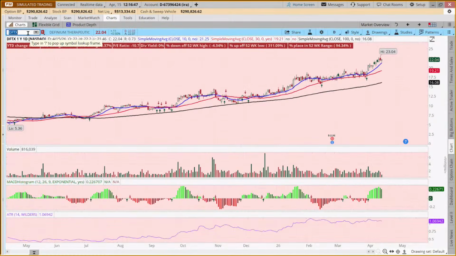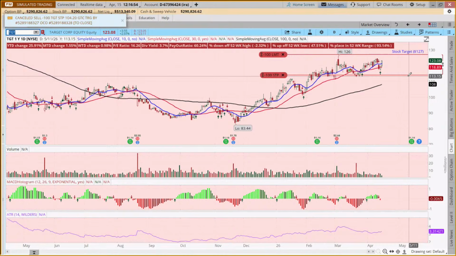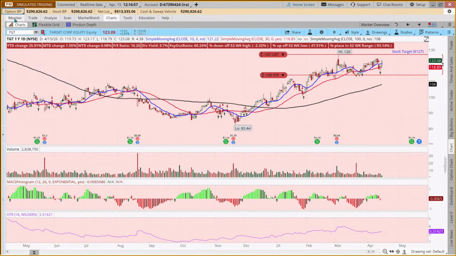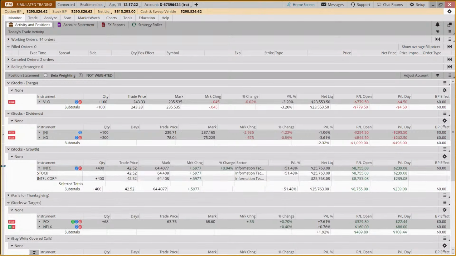And then when we come back to target, we can see that the stop has now been moved up. Okay. Now, what if you're reviewing your positions as part of your weekly review, and you're going, well, there's a little chiclet, I think they look like chiclets, which means that there's an exit position, or maybe if you put in a conditional order, maybe it's an order to enter a position that hasn't filled yet. But with Intel, we've got nothing. There's no little chiclet.